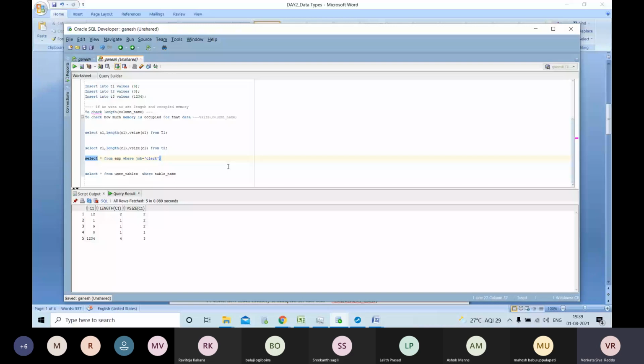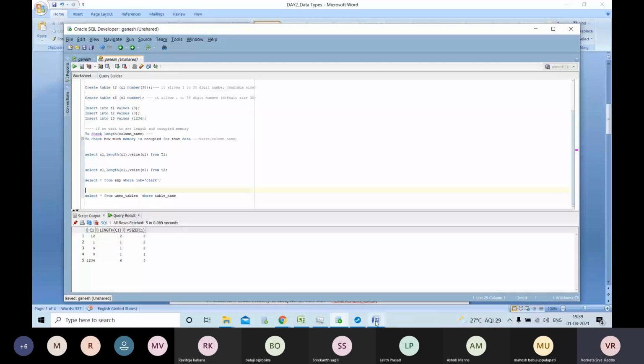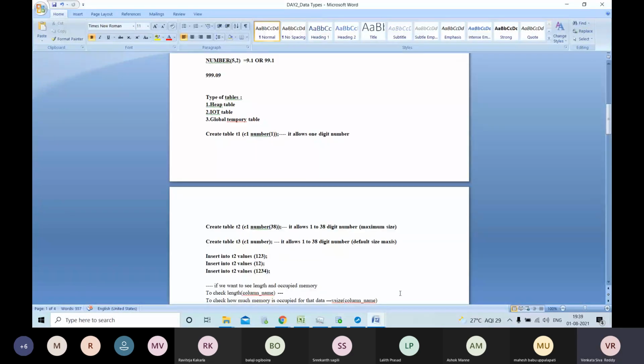Except that the total table is not available for the next session. The table will be present, but the data is not present. So the table and the column names will be present, everything will be present. Only the data is not. So the data definition will be the same. It will store the definition, but it won't store any data.